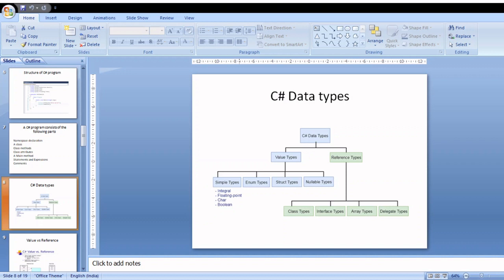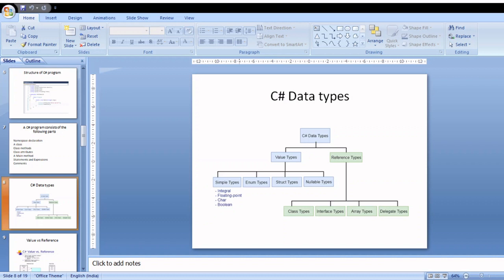C# has divided its data types into two major categories, value types and reference types, as you're viewing on the screen.